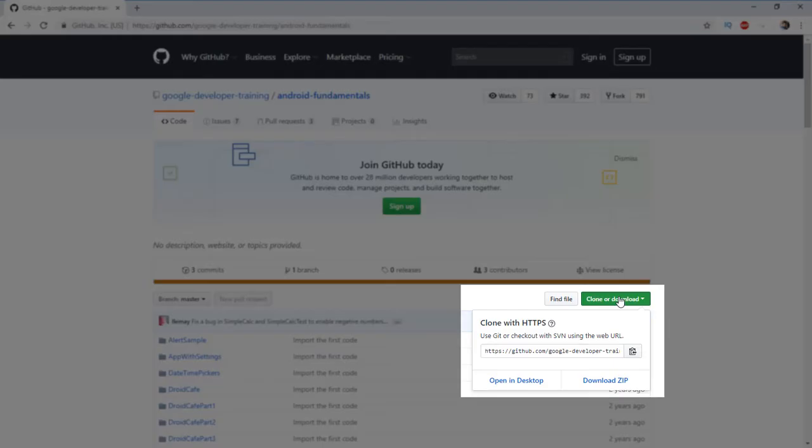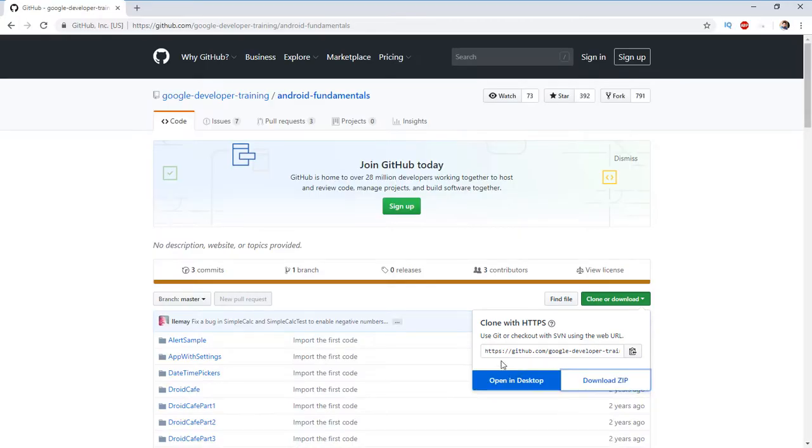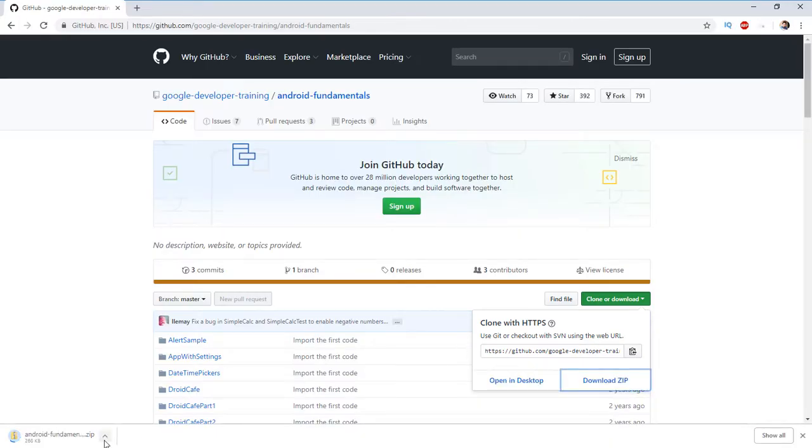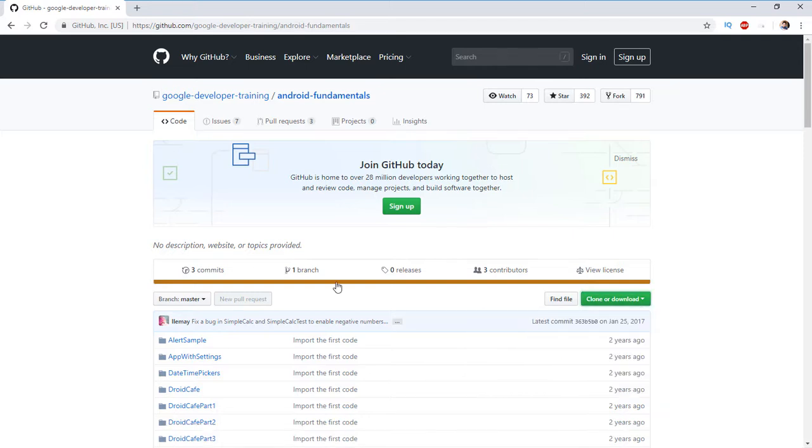Click on this clone or download button and click download zip. The download starts. After you have finished downloading it, unzip the Simple Calculator project folder. Open the Simple Calculator project into Android Studio.